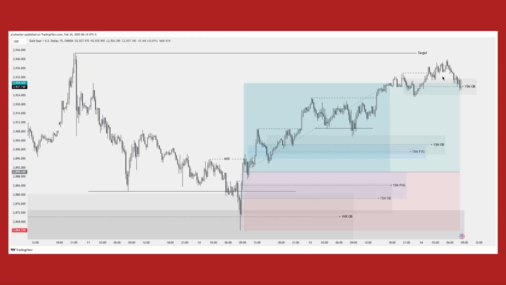To have a clearer view of the trade I took and get an idea of how we can form trades as well using the AMD model, we see here I entered off of this 15-minute fair value gap, overlapping with an order block here, and held on to the trade till the price followed the structure beautifully towards our external